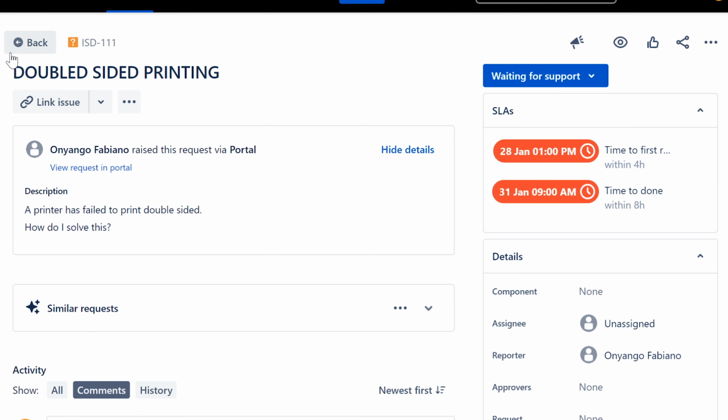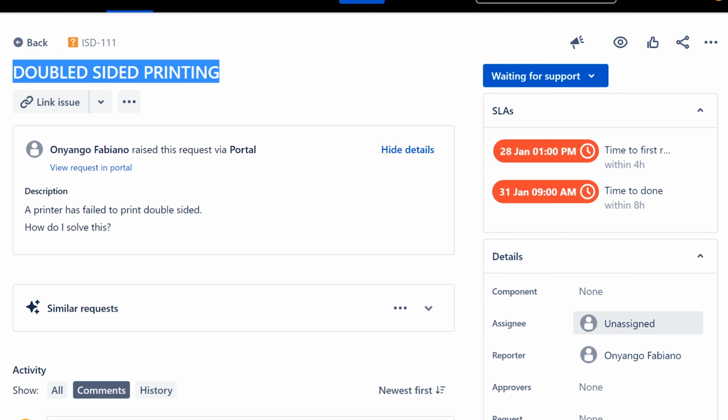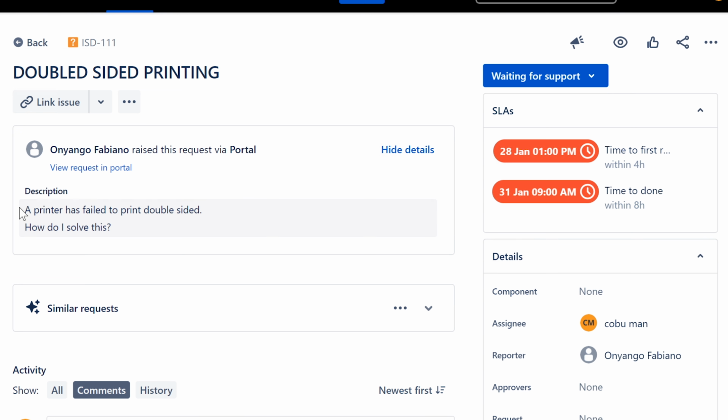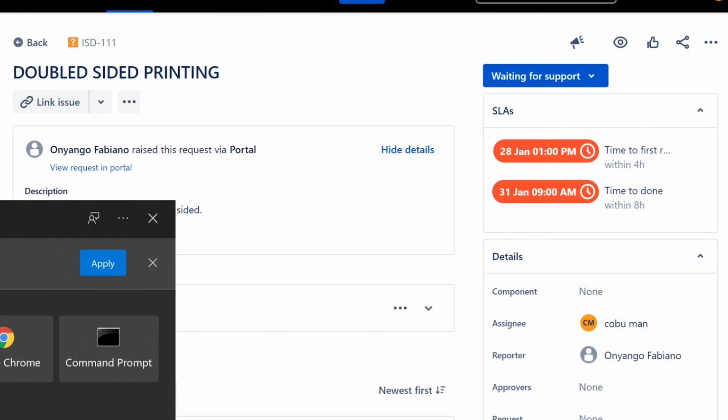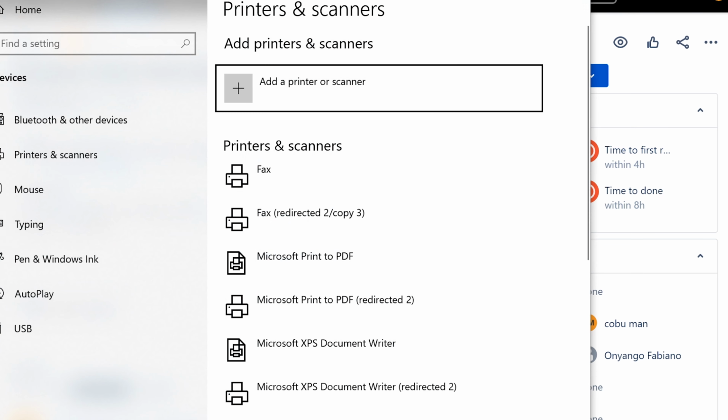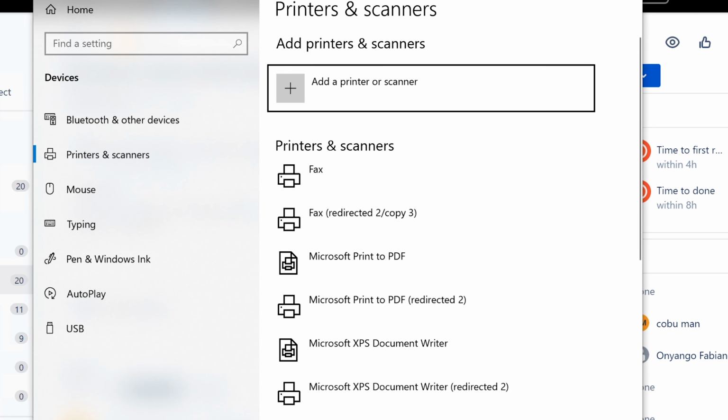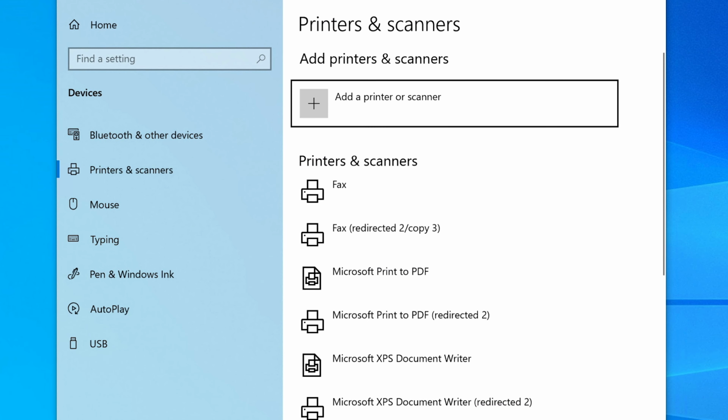Double-sided printing issue. A printer has failed to print double-sided. How do I solve this? So this is actually just a setting that you need to do. You need to tell your computer's printer driver, I should say. So whatever your printer is,